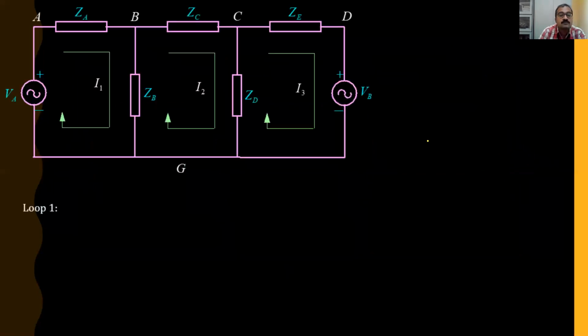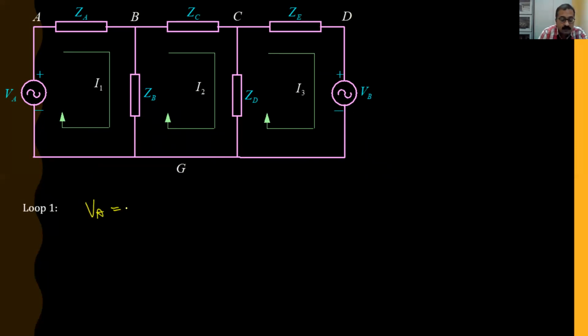Now let us apply Kirchhoff's voltage law to loop 1. What will you get? For this assumed current direction, it is minus to plus. My sign convention is that a movement from negative polarity to positive polarity is positive, or a potential rise, and a movement from plus to minus is a potential drop. So naturally it will be negative. If you follow this current direction I1, it is minus to plus, a potential rise. That means VA must be equal to what?